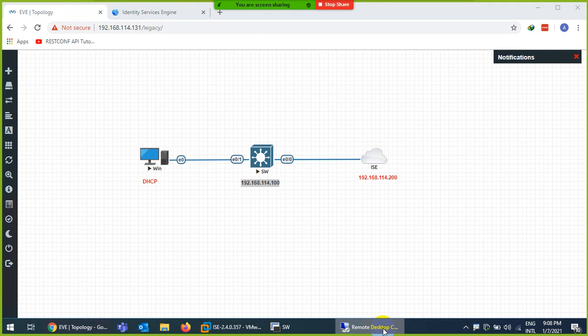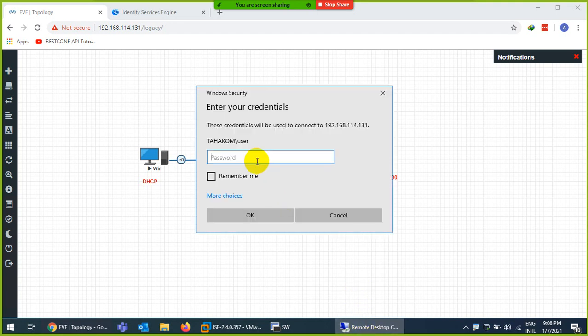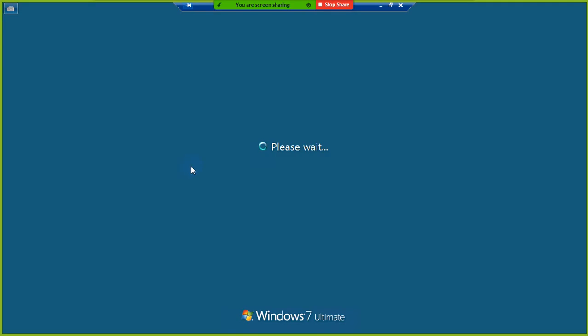Why is it not coming up? Okay, it will take some time maybe. Yeah, it has come up now. So test123. So now I am in Windows 7.